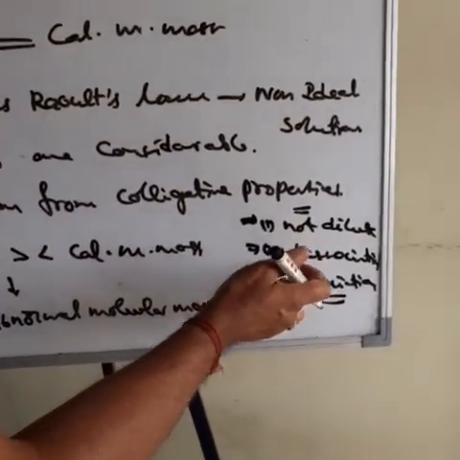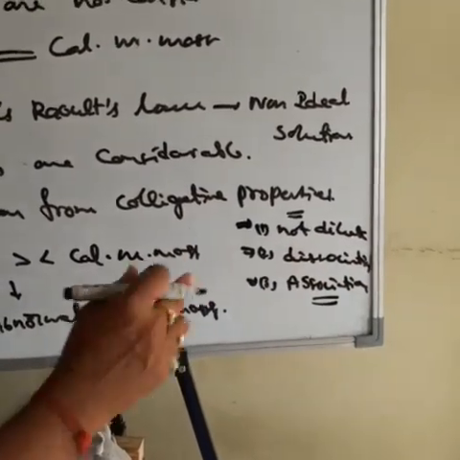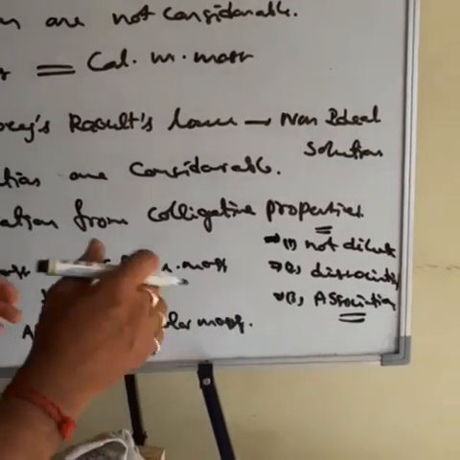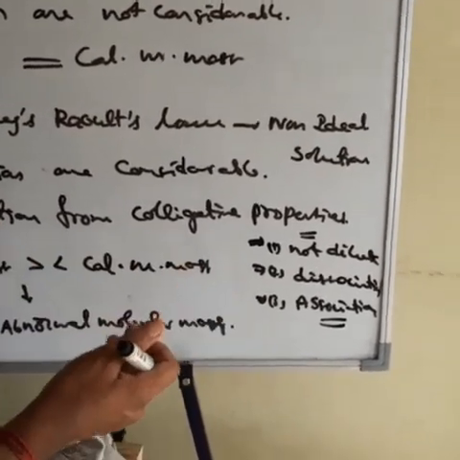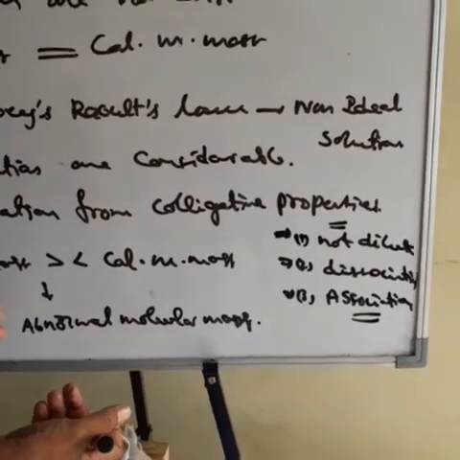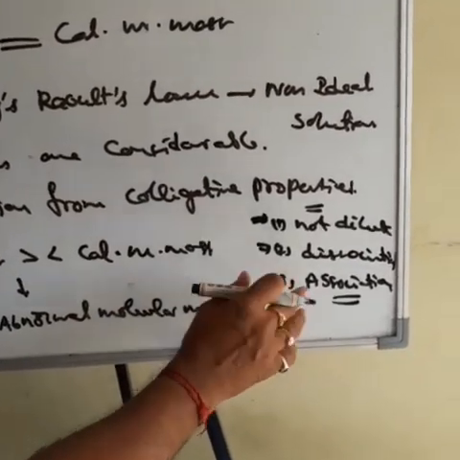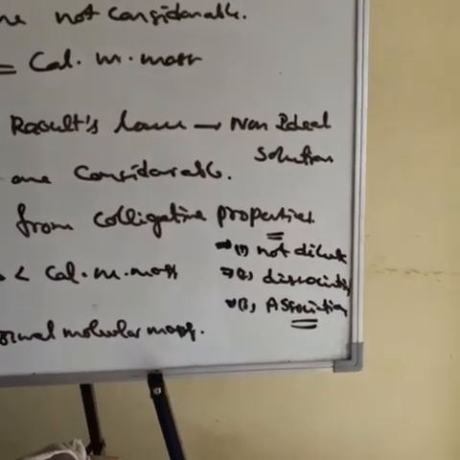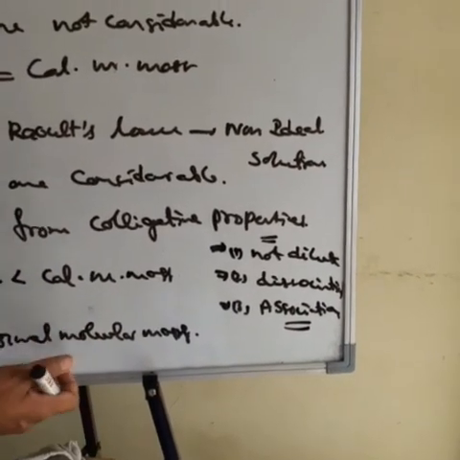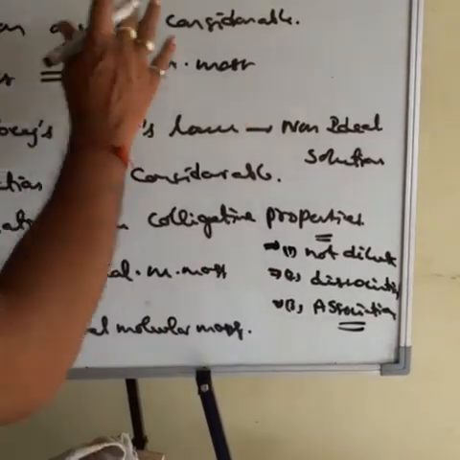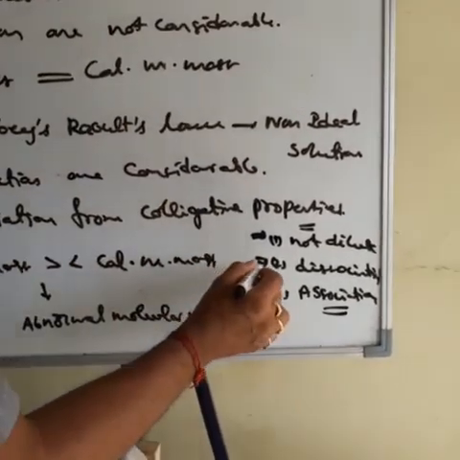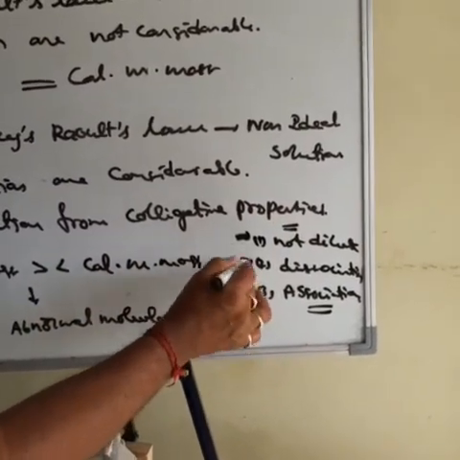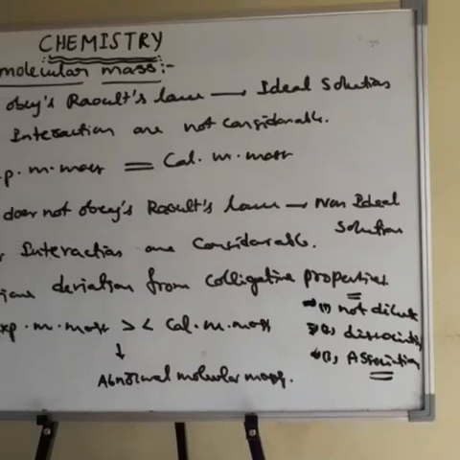The next one is that the solute undergoes dissociation. Whenever the solute undergoes dissociation, the experimental molecular mass is less than or more than the calculated molecular mass, and we can observe abnormal molecular mass. If the solute undergoes association also, the experimental molecular mass is different from the calculated molecular mass, and we can observe abnormal molecular mass. So this is about the introduction. Then what are association and dissociation? See these two points. That is the next concept.